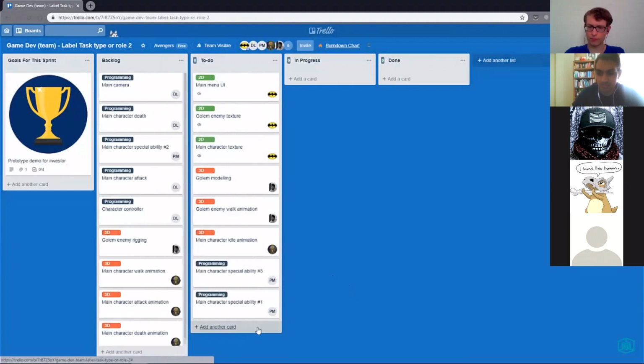Everything else that cannot be done, or if any new problems or new tasks that come up throughout the project, will always go to the backlog. Imagine it being like your inbox for your email. It will just contain everything, and it's up to you to sort out what needs to be prioritized, which is in the to-do, and what's to be done later.